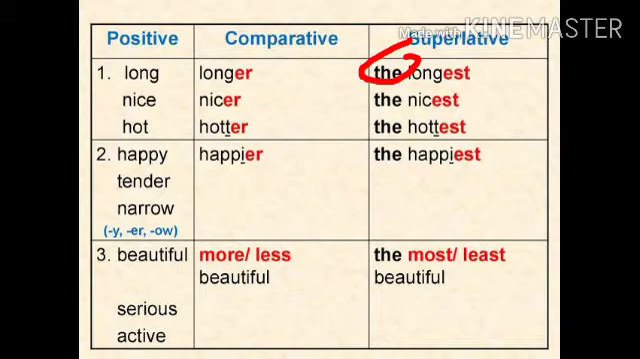Now look at number 2. Happy. If your adjective is ending with y, then change the y into i and add er to the comparative and est to the superlative. So happy, happier, the happiest. If your adjective has two or more syllable sounds, like beautiful, add more or less to the comparative, more beautiful or less beautiful, and to the superlative, the most or least, the most beautiful